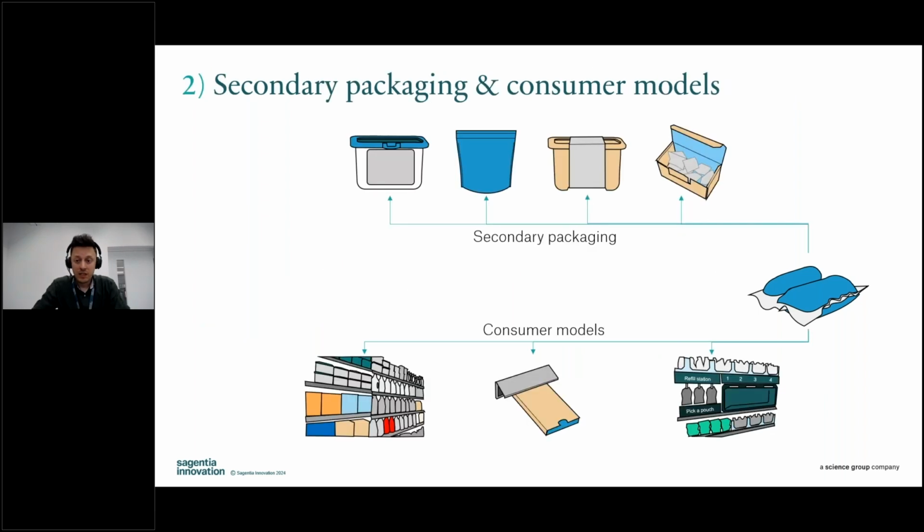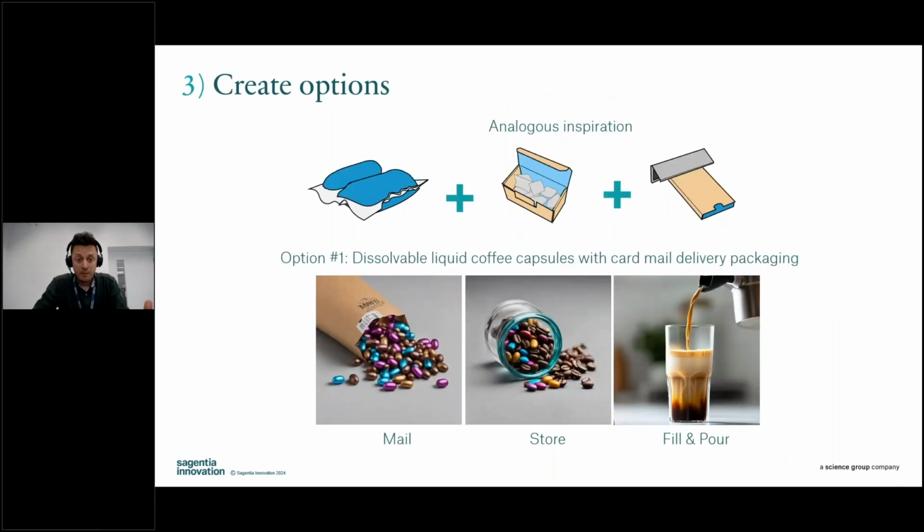So we could pick that as inspiration, the more dissolvable tablet, the dissolvable pouch, and for any single formulation and primary pack, there are secondary packaging operations, packaging styles that we could choose. So we could say there's a plastic tub, there could be a more clear plastic liner, we could have cardboard, and we could have pulp-based boxes. We could also think about different consumer models, direct in store, we could have mail to models or refillable models. And the whole point of analogous ideation is to pick something and create your options.